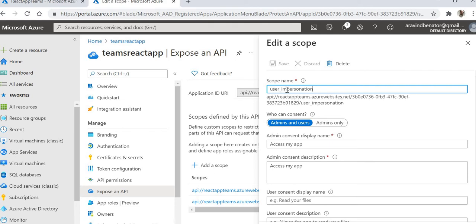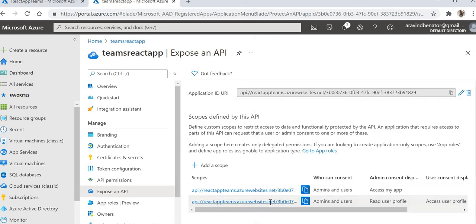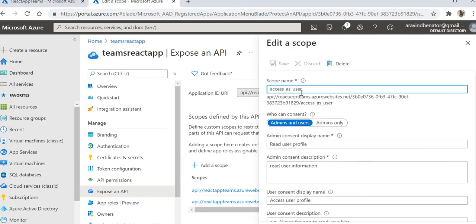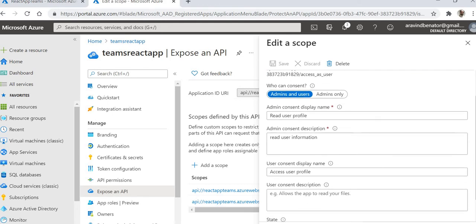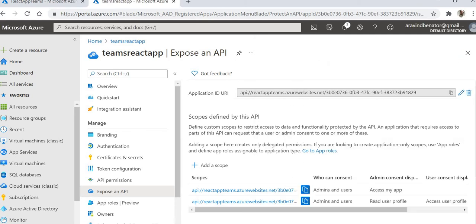So I have created the user impersonation scope, and also I have enabled consent from admins and users, and also I have enabled the state and selected, saved it. Similarly, I have done it for another scope as well. I have created another scope, access as user scope, and enabled the state as well. These two scopes I have added.